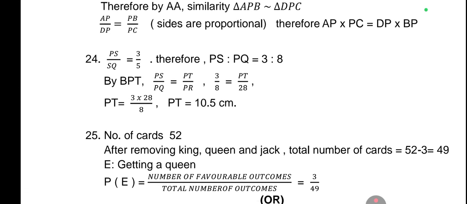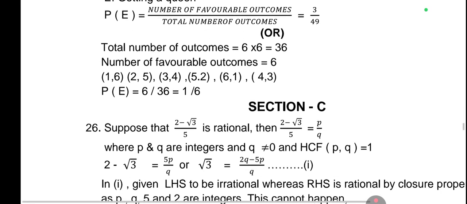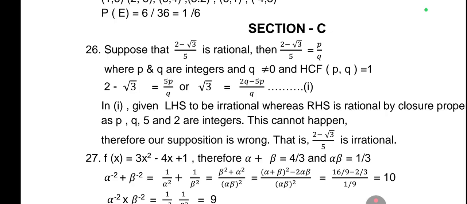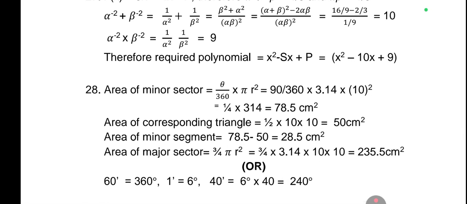24th, BPT, we already said PT was 10.5 centimeter. 25 A, 3 by 49. The second is 1 by 6, children, 6 by 36, 1 by 6. Even 6 by 36 they will apply. Then C is much easier, 2 minus root 3 by 5 is irrational. 2 divided by 5 is a multiplication and get the answer. 27th, x square minus 10x plus 9. 28th,